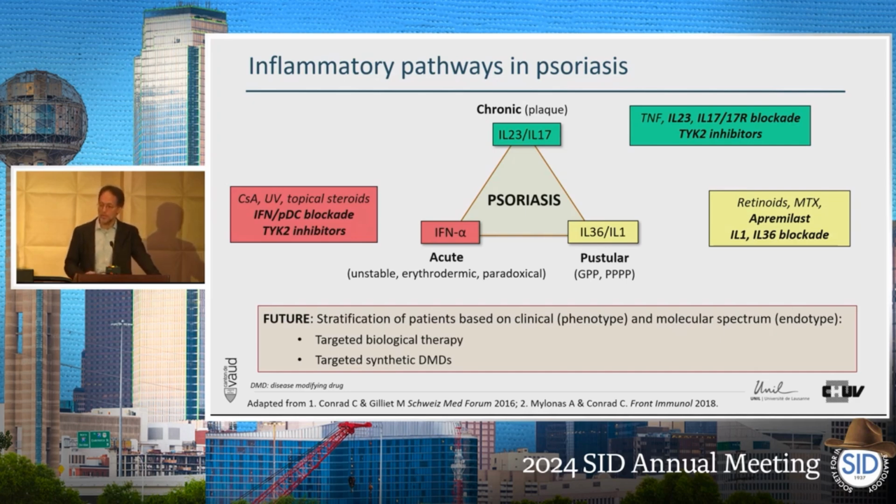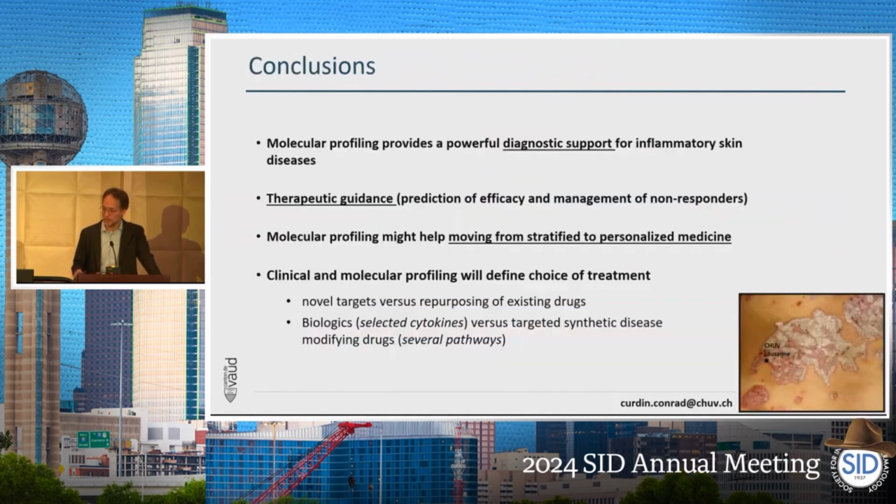same time. So in the future, actually stratifying, it's still stratification because we mostly base it on the presentation of the patient, but also, if possible, on the molecular spectrum. Then you can choose between a targeted therapy, targeting one cytokine or at least one signature, versus the synthetic DMARDs, such as JAK inhibition, TYK inhibition, or apremilast, which targets one or several pathways simultaneously. So in the future, and this is my last slide, I'm well within the minutes, the molecular profile